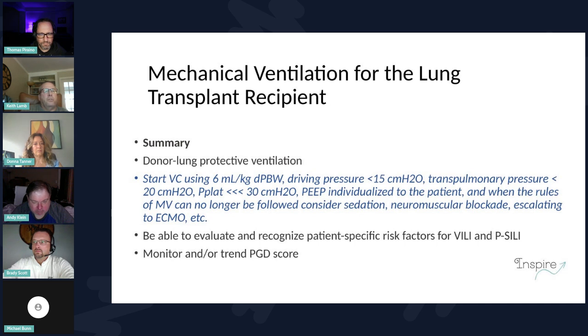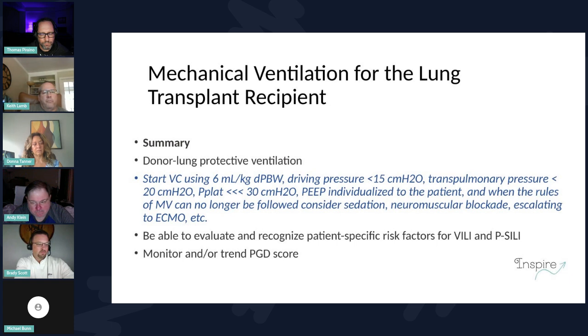But let's assume that in a patient who has just undergone lung transplant, generating really large tidal swings and pressure swings is probably injurious. And so we keep the driving pressure less than 15, just like we normally would. And another interesting phenomenon is that I think they really try,